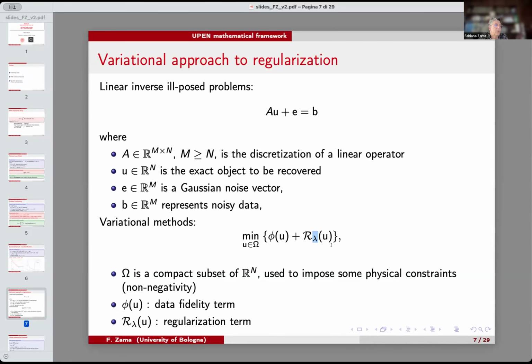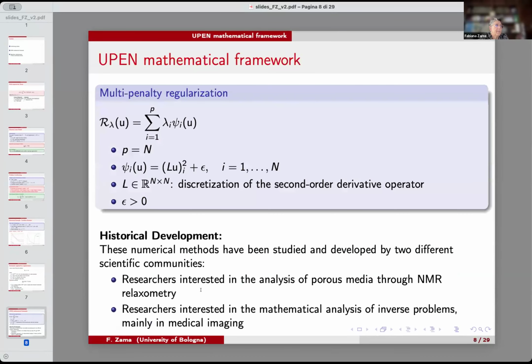So we consider a compact set that contains all the constants that come from the physical nature of the problem. We consider non-negativity here. If I have time, I will show you the algorithm that is used. But anyway, it can be extended to any type of constraints. And in this setting, uniform penalty, the UPenn method, is a multi-penalty approach in which we consider this function of